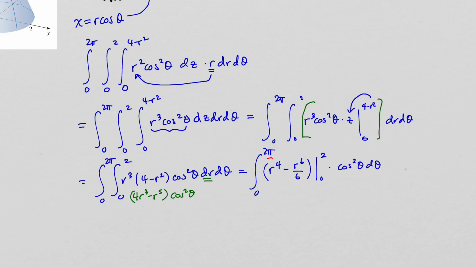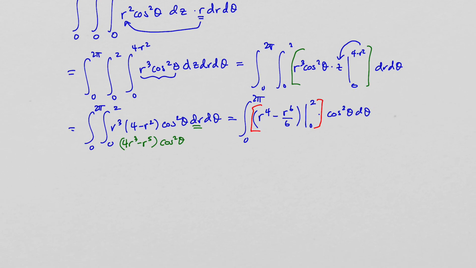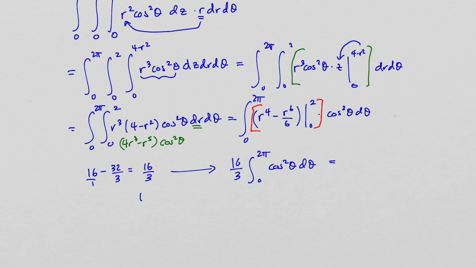So now I'm just focused on this part. When we plug in 2, we get 16 minus 64 divided by 6. That is the same as 16 minus 32 over 3, which, if you get a common denominator, is going to be 16 over 3. So our integral becomes 16 over 3, integral from 0 to 2 pi, cosine squared theta d theta, which is